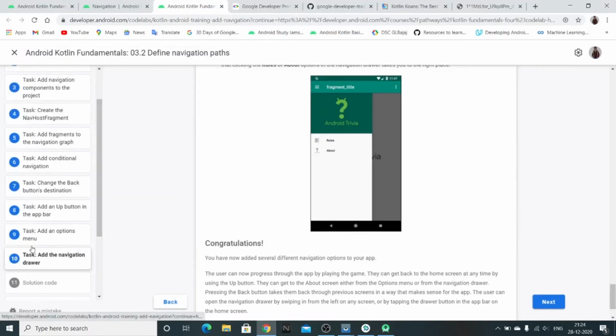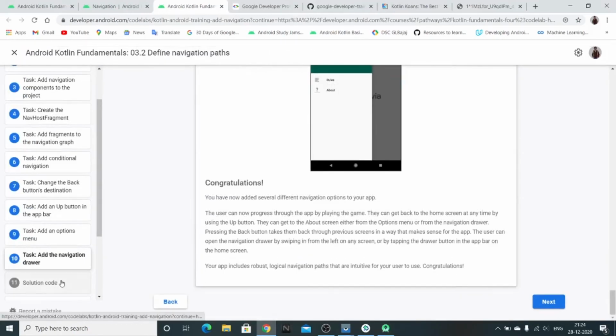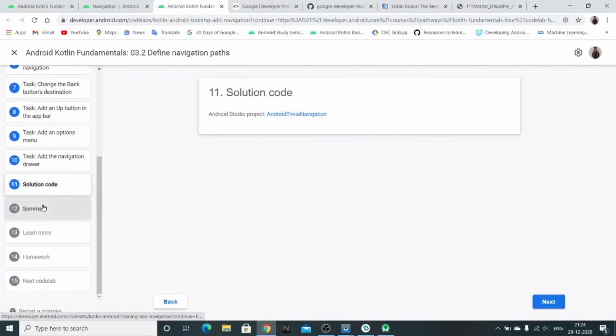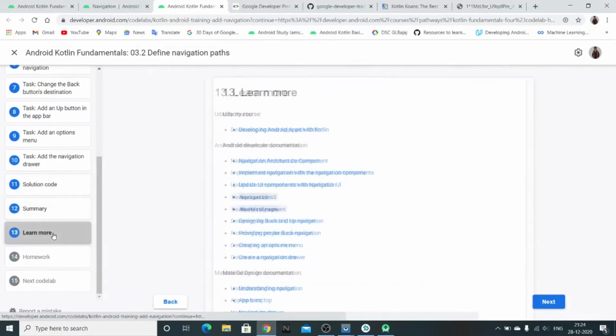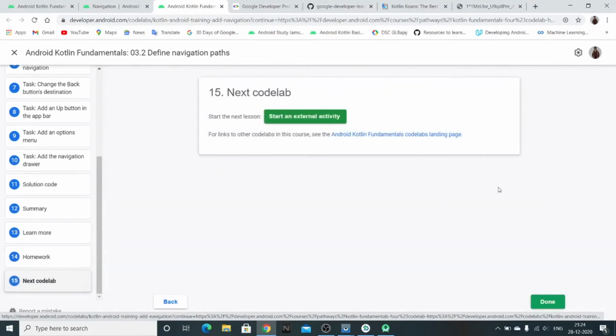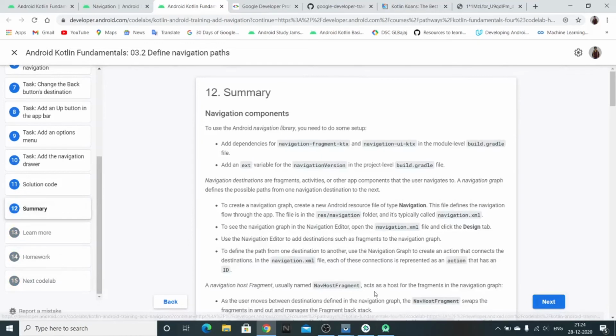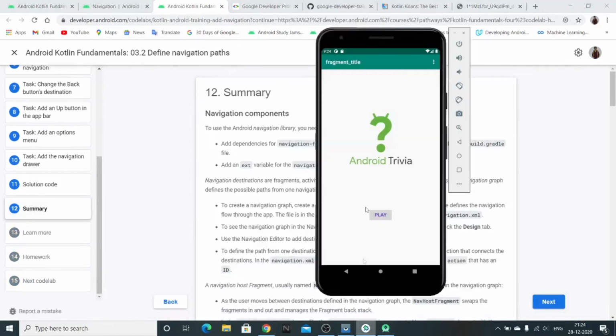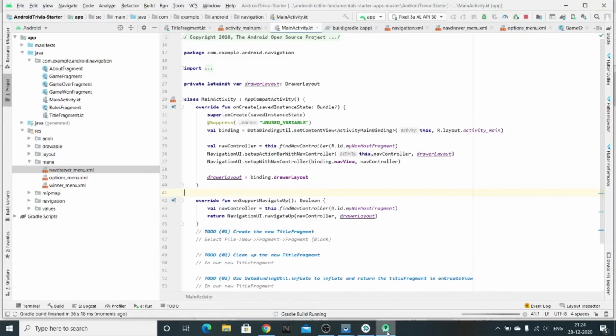For now, let's just see, we have the solution code, the summary of everything that we did, learn more, some homework from the code lab, and this next step. So this completes our code lab here itself. And now let's see our app. Okay, it's taking time.